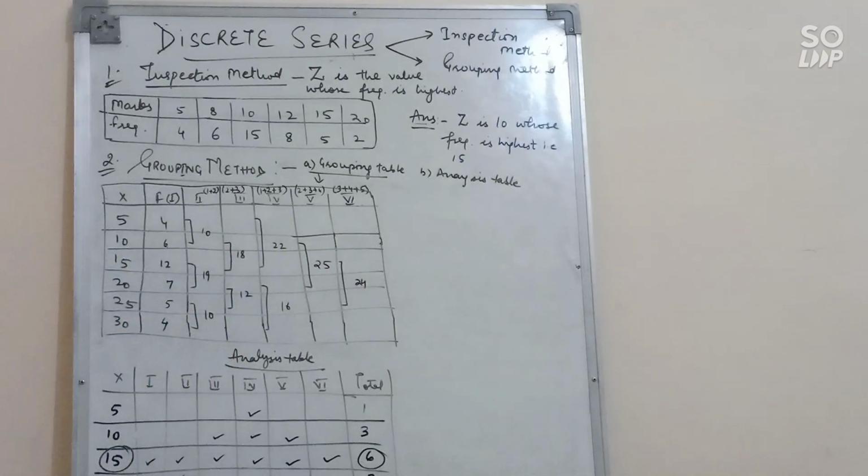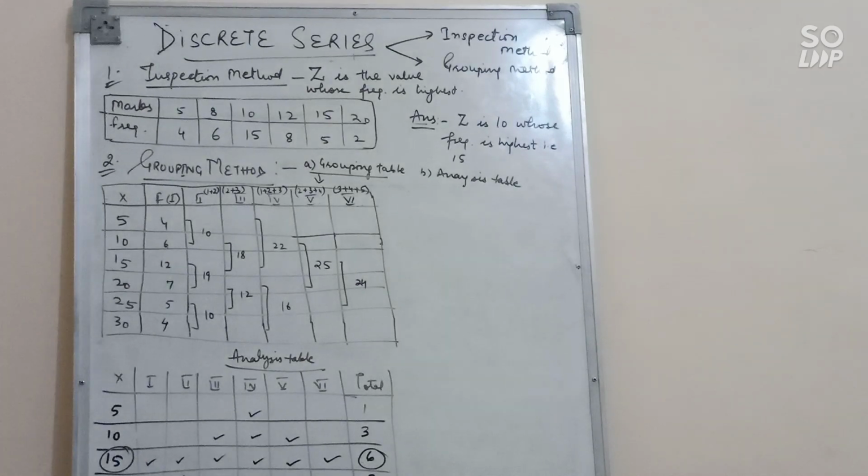I am going to repeat once. First column it is given. Second column you will make the group of 2 and you will start from the first value. Then third column again we will make the group of 2, but we will start from the second value. Then fourth column we will make group of 3 items, but we will start from first. Okay. Then fifth column, again we will make group of 3 items, but we will start from the second. First you will leave. And then in sixth column again we will make group of 3, but we will start from third. It means first 2 will leave.